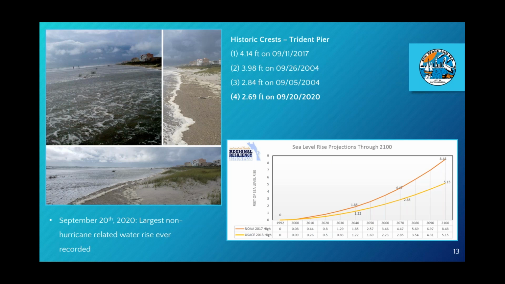This was the fourth highest water rise recorded at Trident Pier, behind Hurricane Irma in 2017, Hurricane Francis in 2004, and Hurricane Jeanne of the same year. This was in part what led us to double the number of sea oats we planted this year along the city's dune line, set at 20,000 sea oats. Normally we would do 10,000. With flooding already a concern among residents and staff, this increasing level of flooding events must get our full attention, and we must plan for a future that will likely have much more water in it.